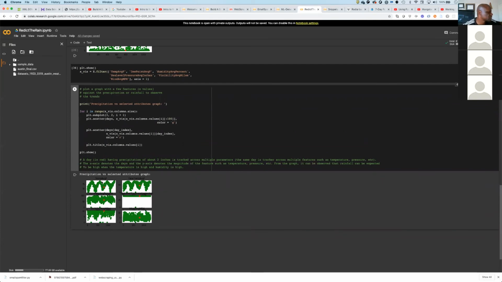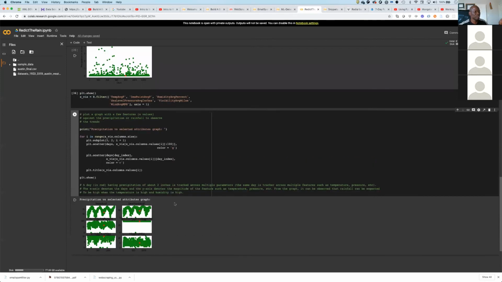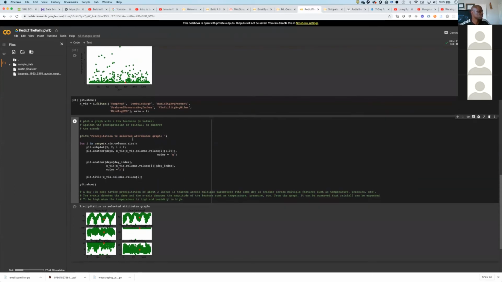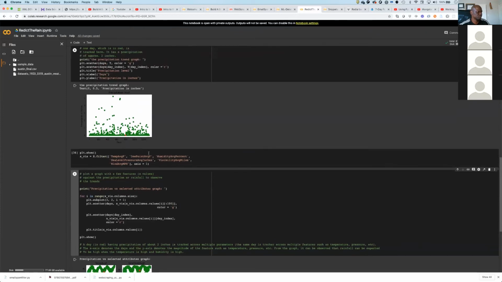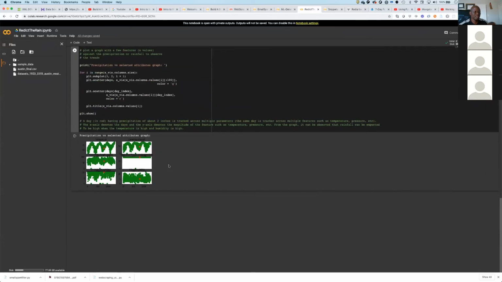The first one on the left is temperature average. Second one is dew point. This is humidity average percentage. And this will be sea level pressure average in inches. Visibility average in miles. And this will be wind average. And I'm sure you can blow this graph up based on the scale you want. So that brings us basically to the end of this particular